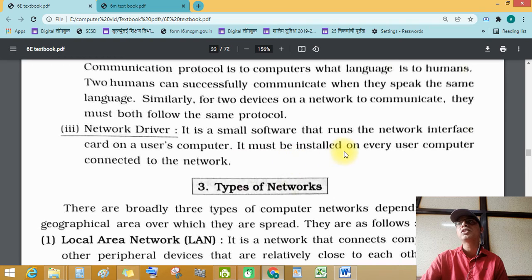It must be installed on every user computer connected to the network. It's very necessary to install it on every user computer connected to the network.